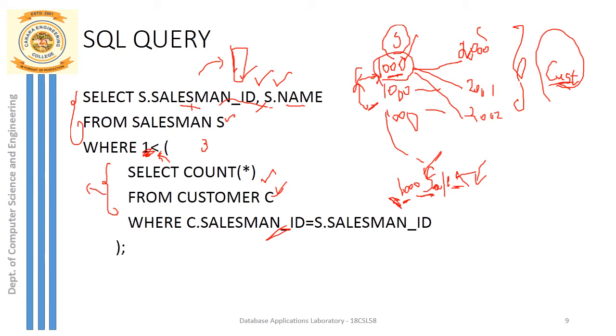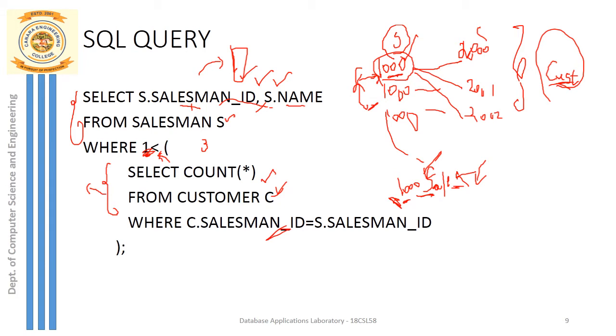Right? So the final result attributes should be specified here in the outer query. Now, from which table are you extracting the salesman name and the salesman ID? I am extracting the salesman name and the ID of the salesman from the salesman table only, because the name of the salesman I cannot find in the customer table, right? So this is my final outer query that I have.